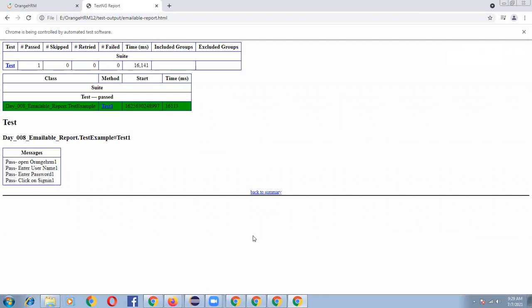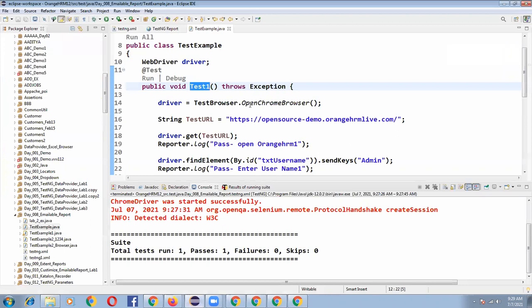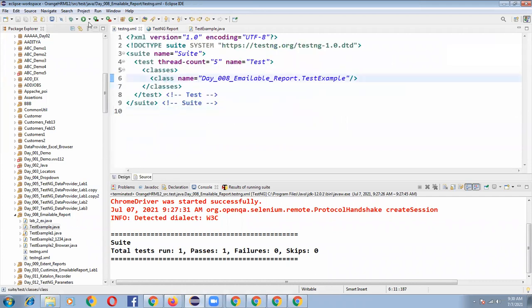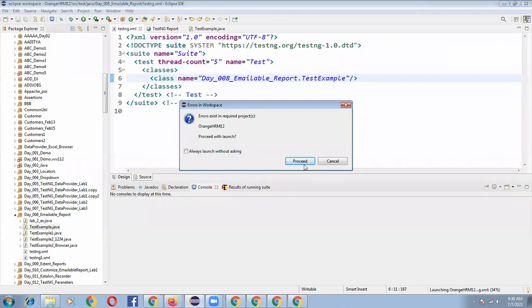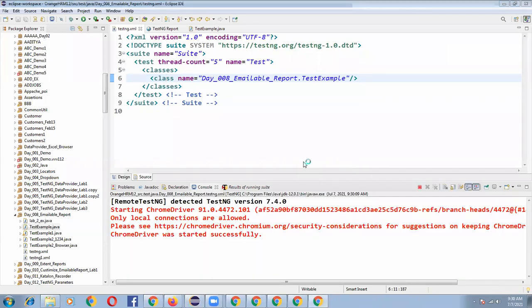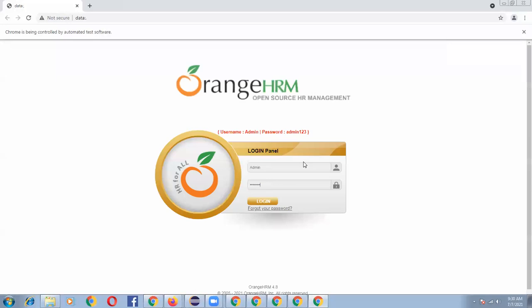Suppose your test fails, how will the emailable report be generated? Let's see that part also. I'm going to give an invalid locator, save my TestExample.java, and run my program through testng.xml.